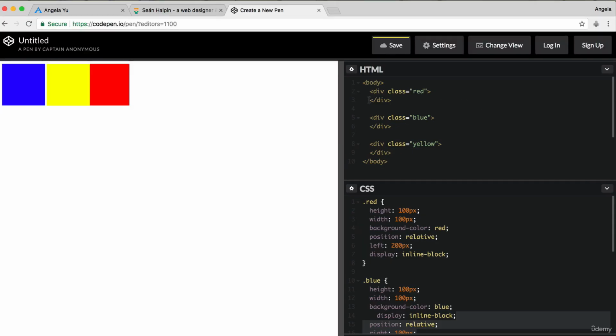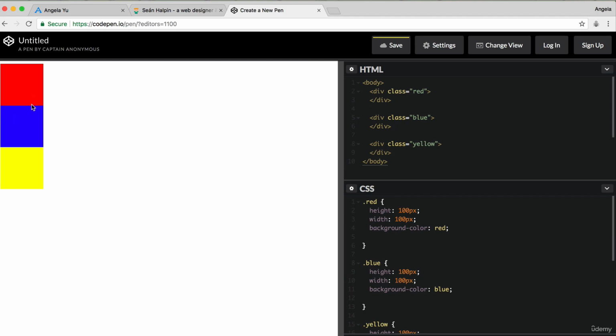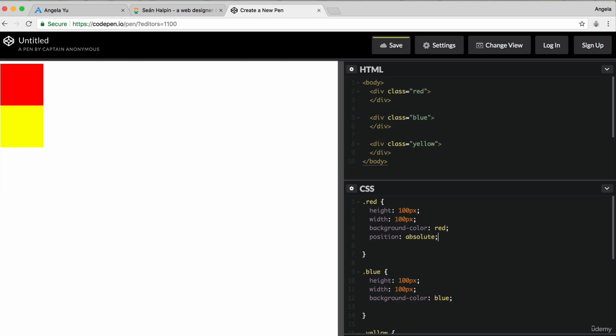So in this case, we've still got our 3 divs inside a parent element, that's the body element. Now let's get rid of our display and our position for all of our divs, so that we now have 3 squares that are stacked vertically on top of each other, which are all block elements, so they are resting on different lines. Now, if I set the position of my first red square to absolute, and I give it a left margin of, say, 200 pixels,